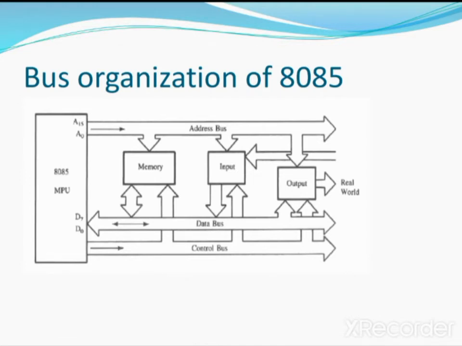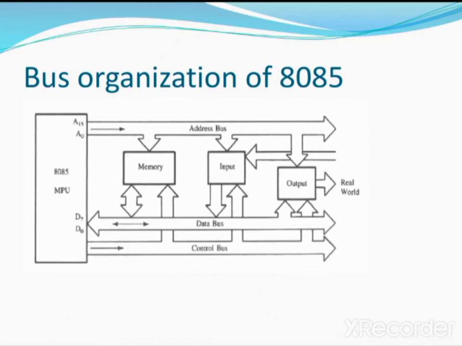Data bus. It consists of 8 data lines from D0 to D7. It operates in bidirectional mode. The data bits are sent from the microprocessor to peripheral devices as well as from the peripheral devices to the microprocessor. The microprocessor uses the data bus to perform the second function, transfer binary information, data and instruction.